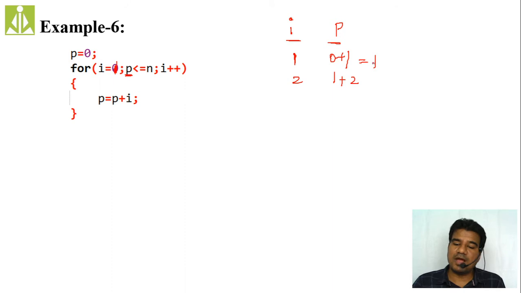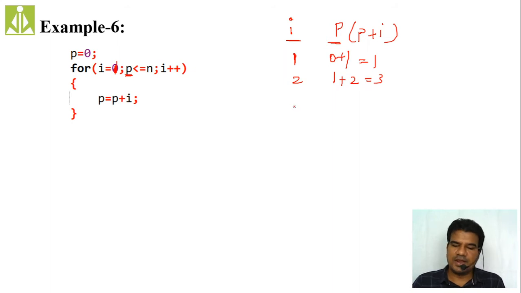So whatever p value we had in the previous case, that p value we have to consider in the current case. So what we are doing over here is p plus I, so as to get the next case p value. P value is 0 and I value we considered 1, so p plus I, 0 plus 1, I got the new p value for my next iteration, that is 1. In this iteration, my I value is 2 and p value is from the previous iteration, that is 1. So 1 plus 2, I got 3.